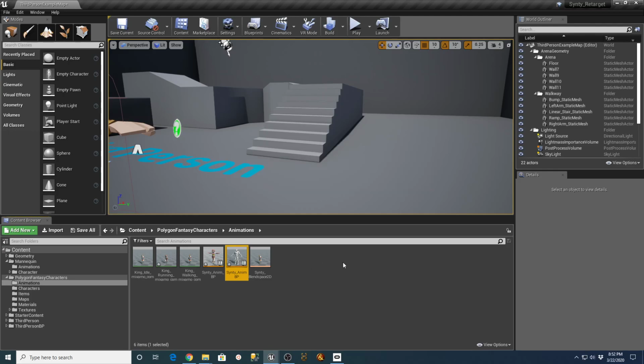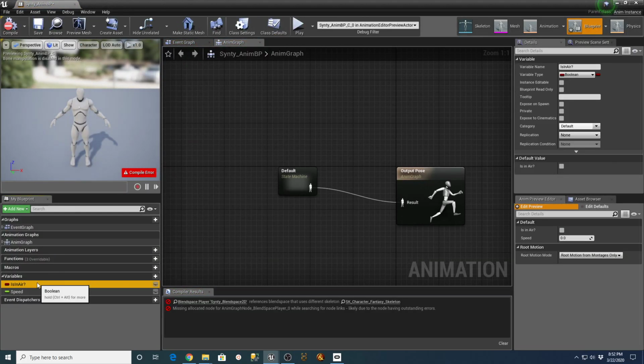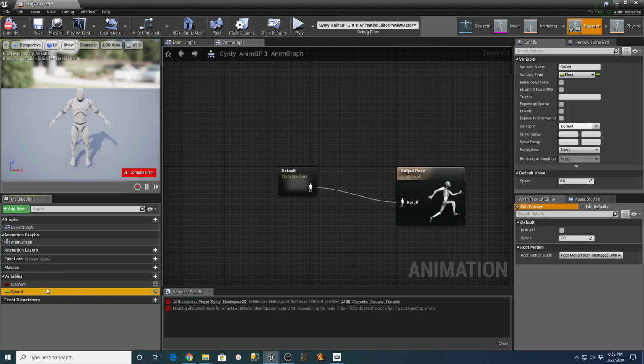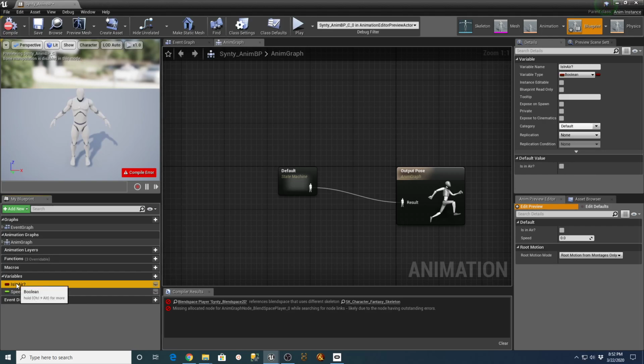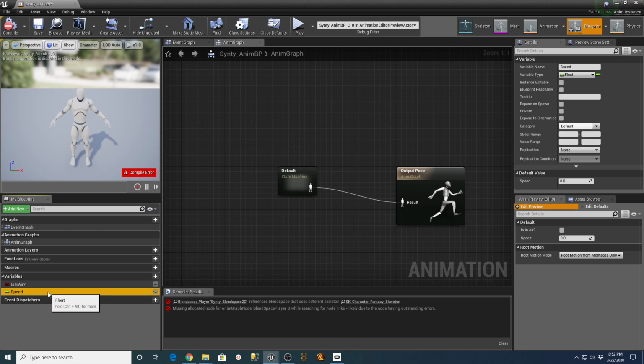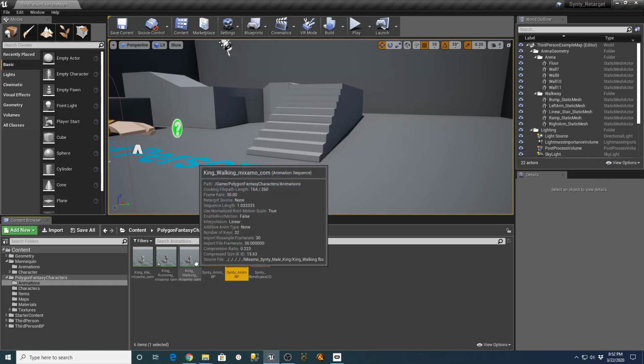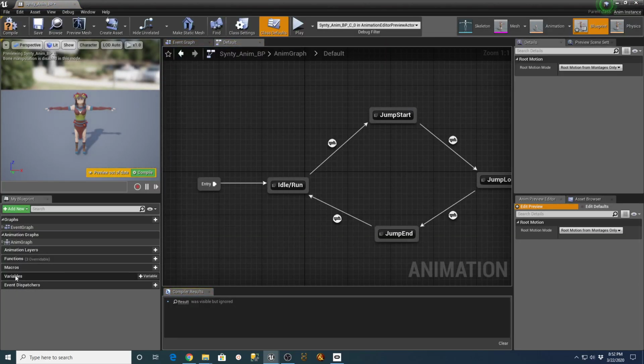And the only other thing is the Synty anim BP has these two variables, is in air and speed. If you hover over these, you can tell what their types are, and the color coding also tells you as well. But we need a variable called is in air, and it's going to be a Boolean, which is basically a yes no, and then we need a speed, which is going to be a float, which is basically a number from 0 to 0.00001, etc. So we'll create those two variables in our other BP, and we'll do those over here.